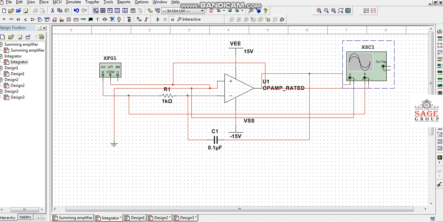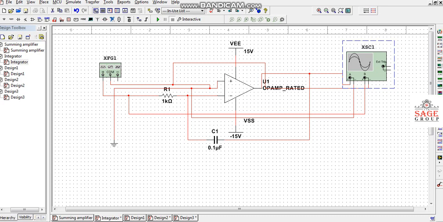The output of this operational amplifier is connected to channel A, and the non-inverting terminal is connected to the ground terminal. So in this way we have completed the connection of the integrator circuit in Multisim software.